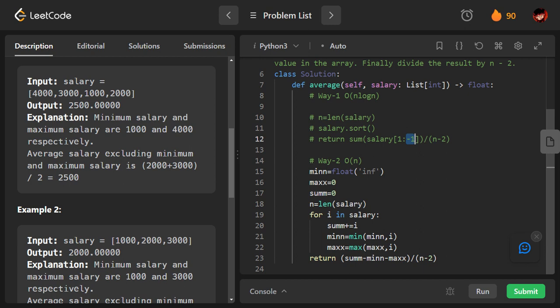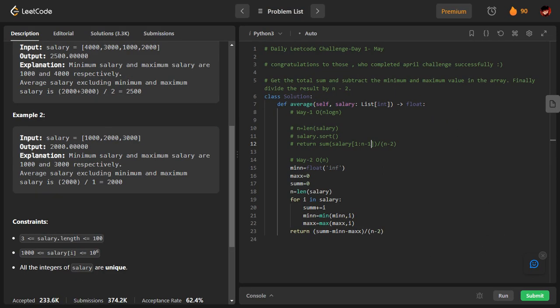So what we are doing is excluding the zeroth element and excluding the last element. Other than these two, the sum will be taken. So just tell me, instead of minus one, what else can I write? I need to take the sum excluding the last element. So I can write n minus one here as well. Anyway, you can do it, it's your choice. Just try to explore the Python language. It's really easy.